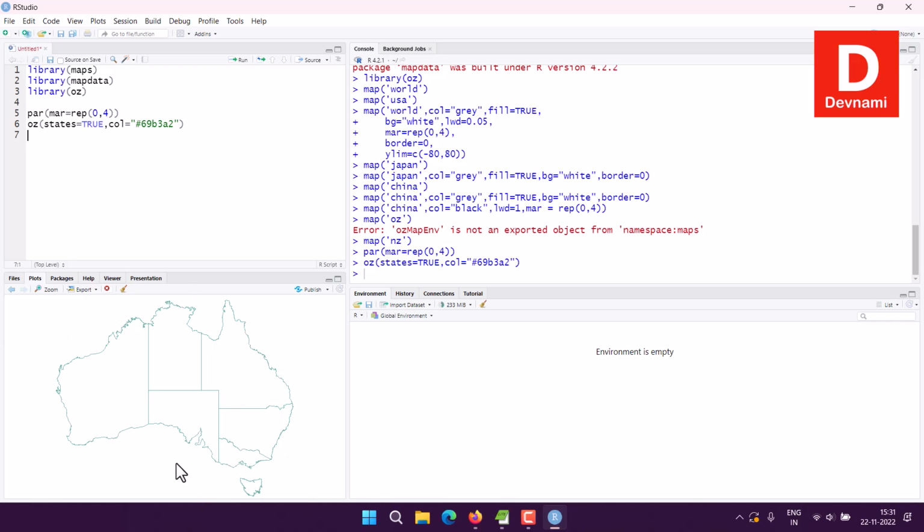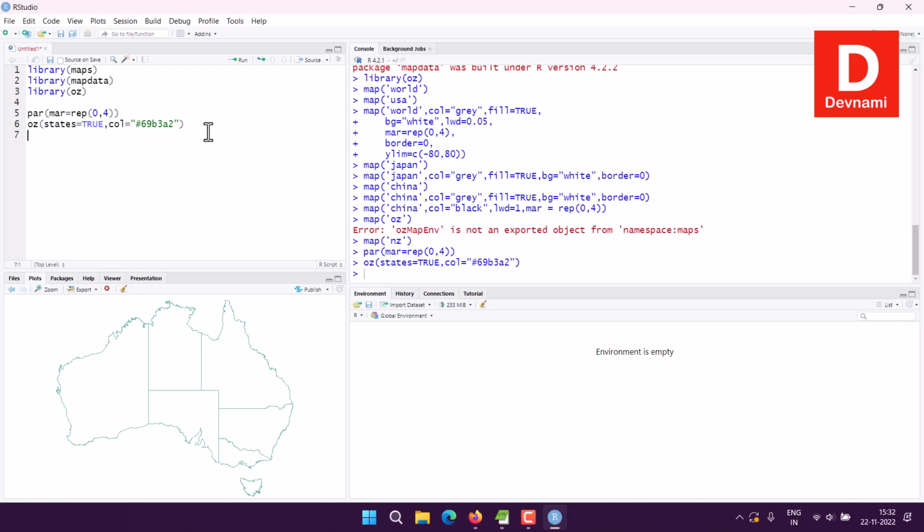And we have Australia broken down into states. So for that we use the Oz function. So if you set this to false, the lines between the states will fade. So we managed to look at the maps function. Then with map data we looked at China, Japan and a few other specific maps. Then there is also Oz or Aus as they say for Australia, and to show some of the states within